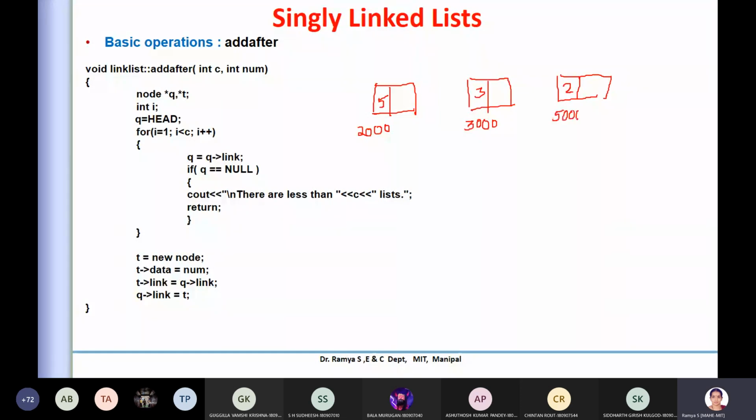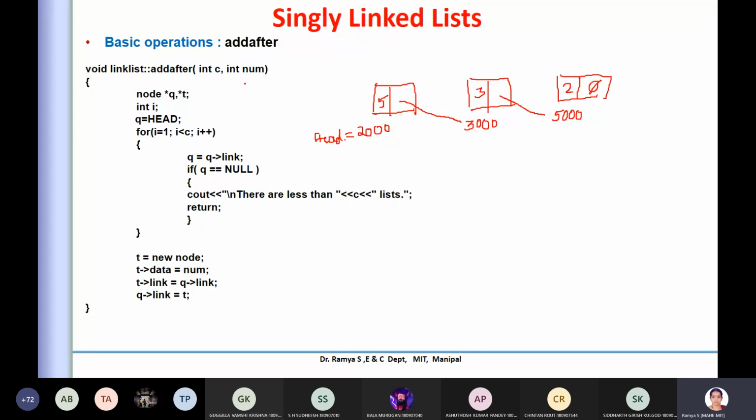So what is happening in a linked list? This is how it is stored. I'm storing 3000 in this link, so it refers to this and it will come here. Now remember, always this will be pointed to by the head. Don't forget this, without that it will not work. And you have a null here. So this is how the linked list is.